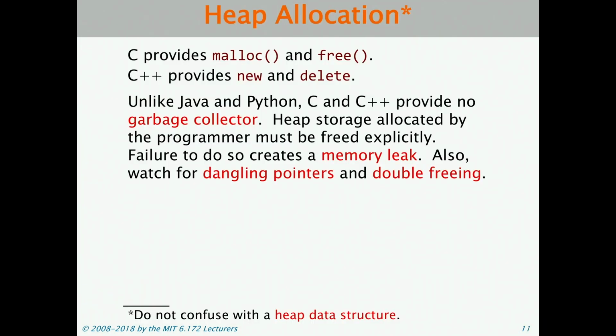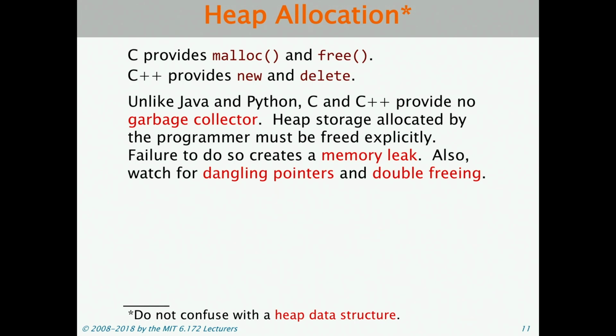As I said earlier, if you use malloc and free in C, then you're doing heap allocation. C++ has the new and delete operators, which work similarly to malloc and free. They also call the object constructor and destructor, and the C functions don't do that. And unlike Java and Python, C and C++ don't provide a garbage collector. So the programmer has to manage memory him or herself. This is one of the reasons for the efficiency of C and C++, because there's no garbage collector running in the background. However, this makes it much harder to write correct programs in C